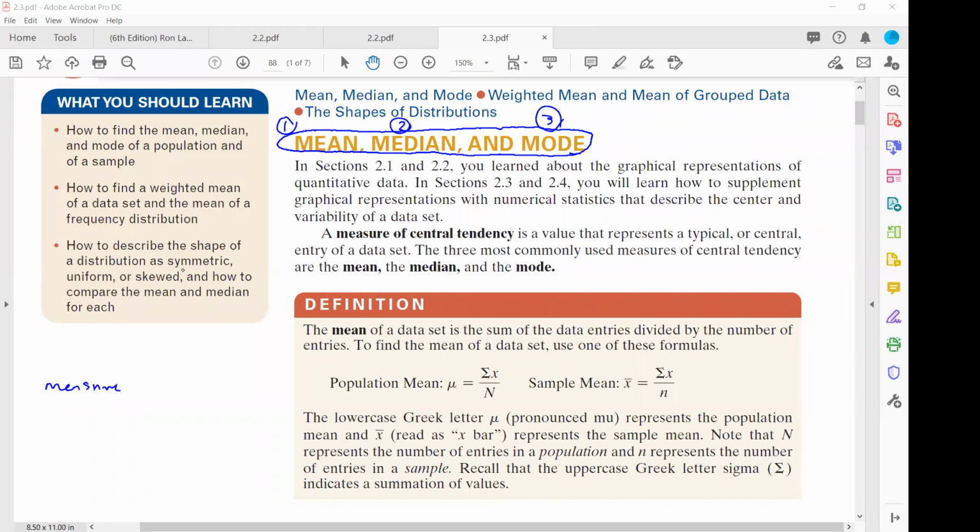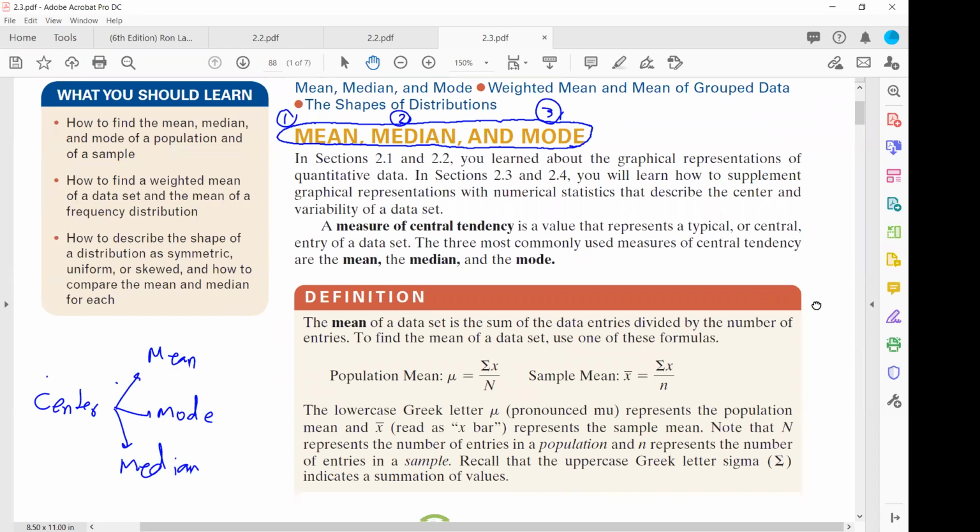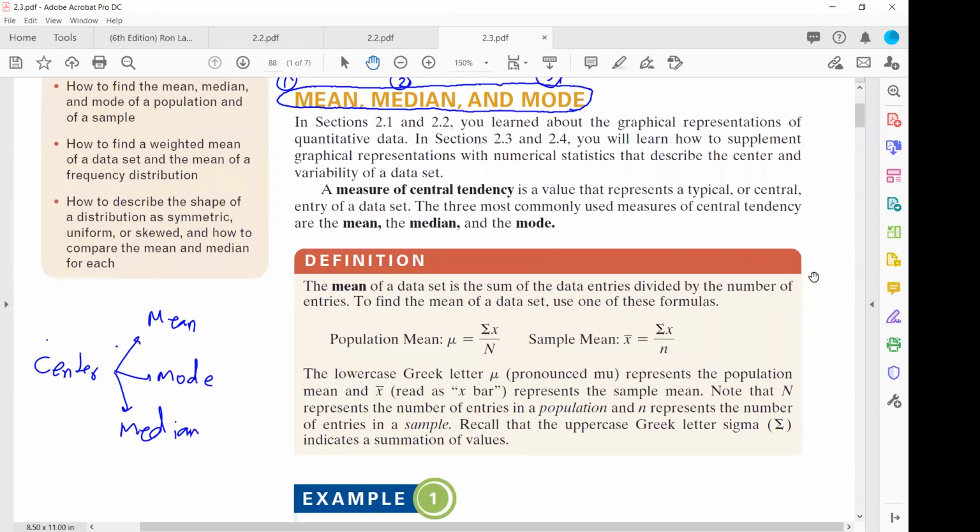Measure of center can be either the mean, or mode, or median. The most popular one is the mean of the collection, the mean of the data. Okay, so how do you calculate the mean? You take all the data, all numbers, add them all together,